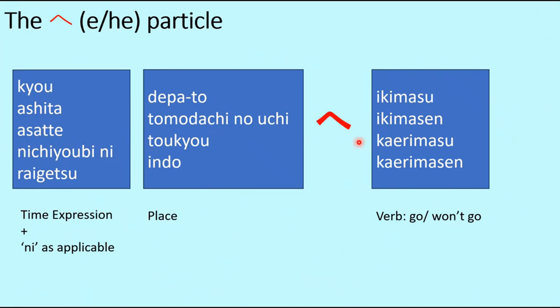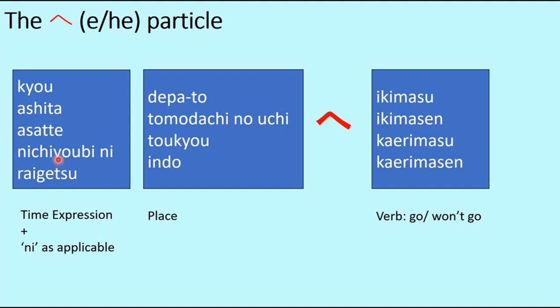Nichiyobi ni Tokyo e kaerimasu. So Tokyo is my native place, it's my hometown, it's my home city. So I can use kaerimasu in this case. So Nichiyobi ni Tokyo e kaerimasu. I will go to my hometown